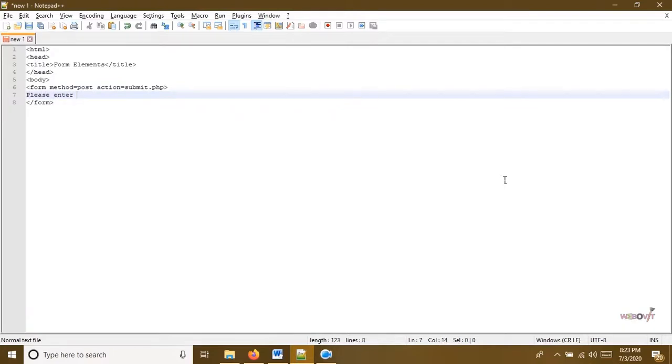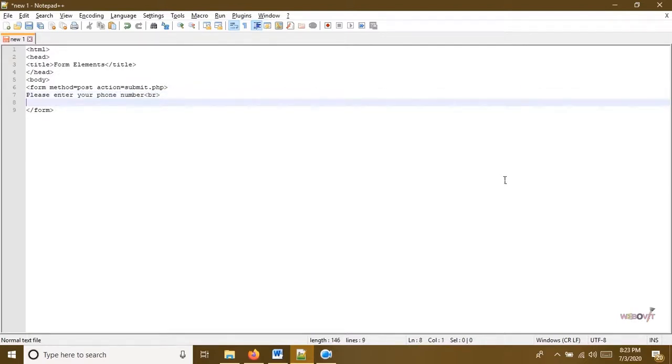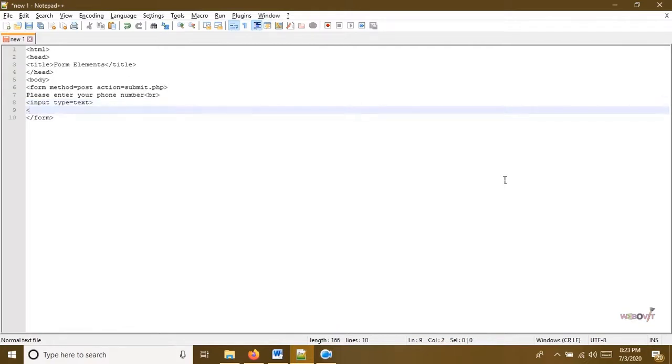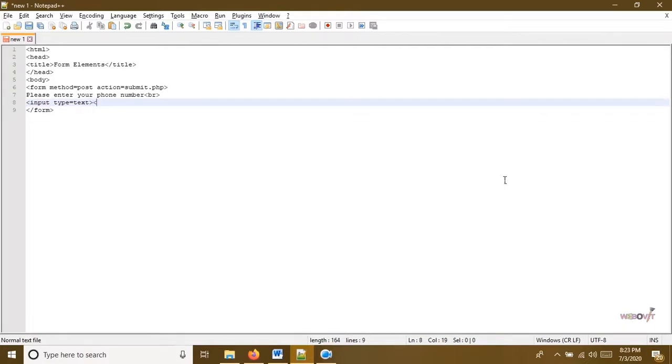Now suppose: please enter your phone number. This is our first text. I will put a BR and give an input box. So input, as we have studied, type is equal to text. And then I will give a submit button also below.